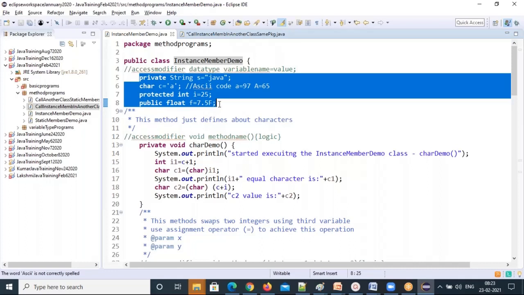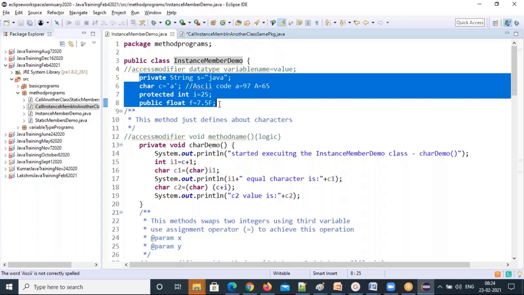In this class, non-static variables, which one can I call in another class? Public float f is equal to 7.5. Madam, I and protected you can also call, but you have to use inheritance. So I'm asking: which variables can you call out of these four variables?